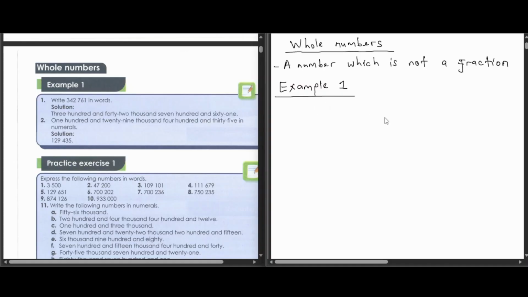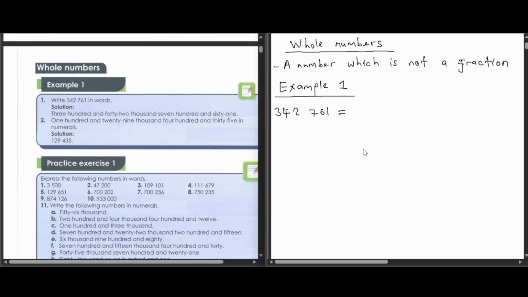Saka example 1 iri kuti chi? Example 1 yakati write 342,761 in words. Saka takapiwa chi? Ngatikope